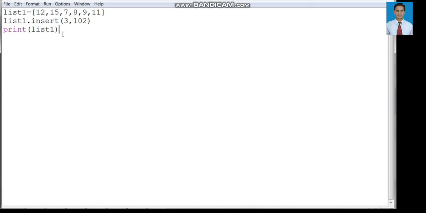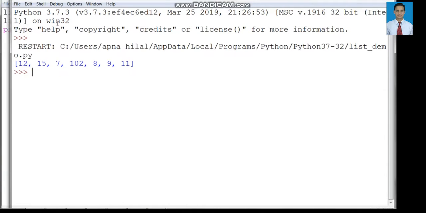The output will be 12, 15, 7, then 102, then 8, 9, and 11. We will save it and run it. Yes, at location number 3 we have inserted 102.